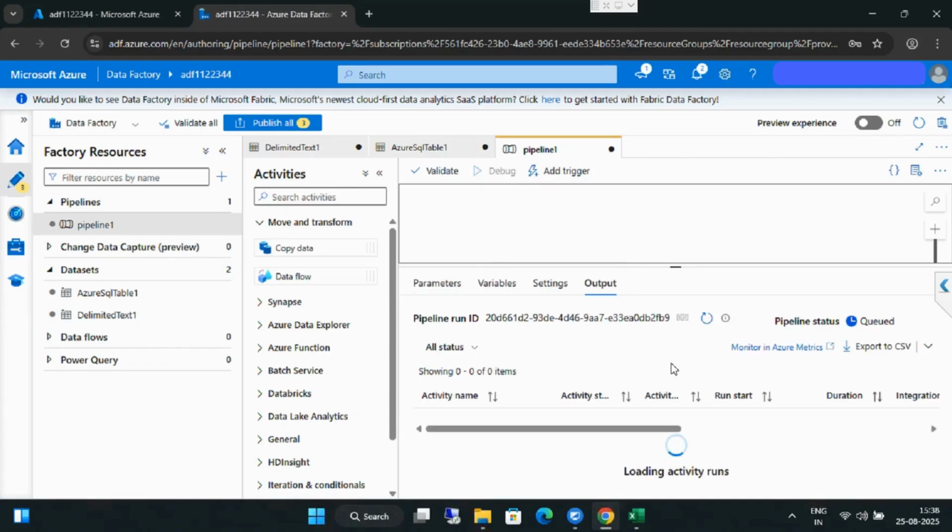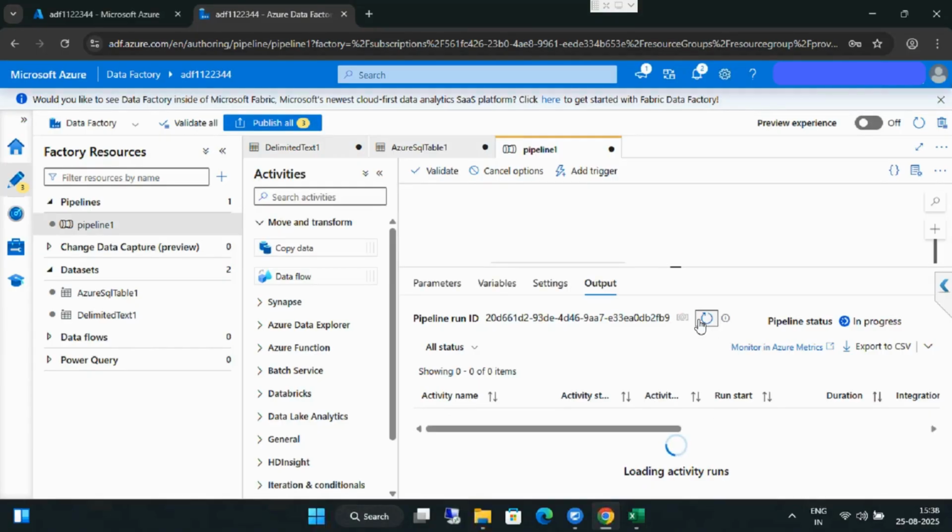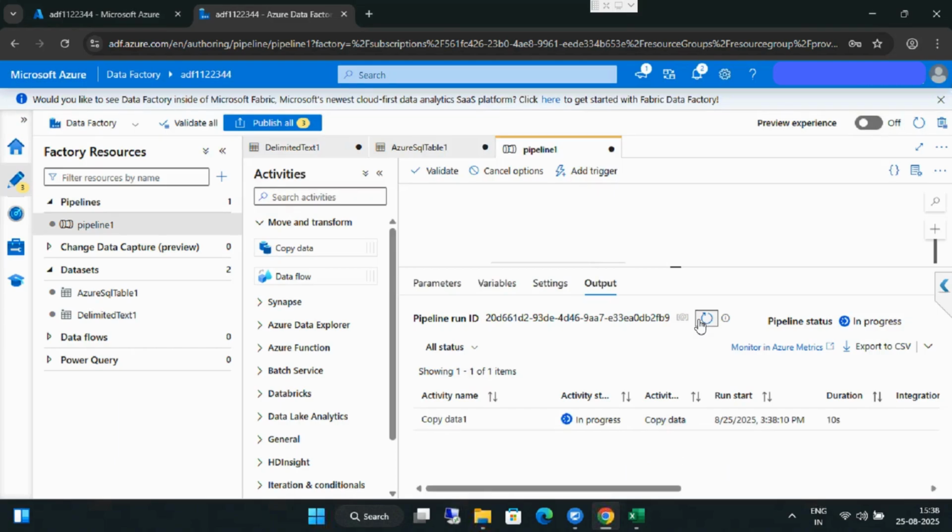Let's debug the pipeline. In the meantime, we need to refresh below to check whether it is successful or not. Once successful, go back to the SQL database.